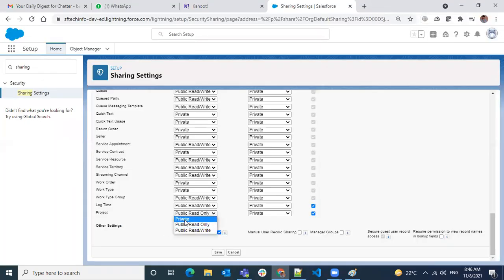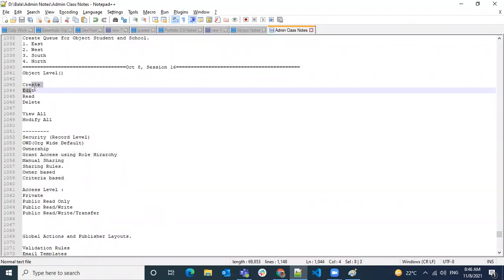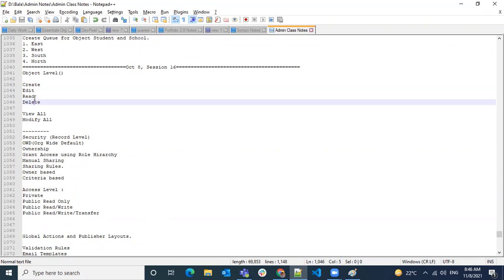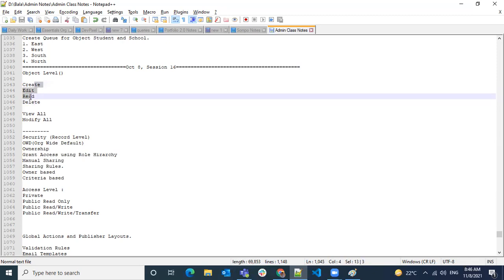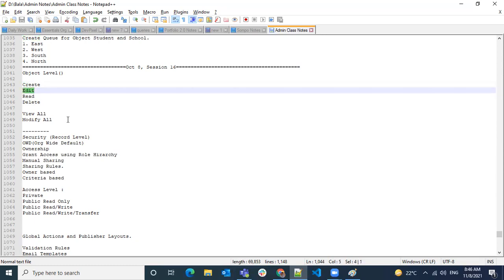Okay, if you make it private, then what will happen? Only if you give access, then they will access. But when it's private, if you are the owner of the record, let's say you created one record, by default you are the owner, so you can access that record. Whenever you come back, whatever you created, you can see those records. Based on the permissions, you can create new records. If you have already created some records, you can edit them.